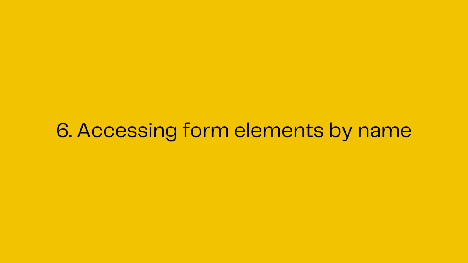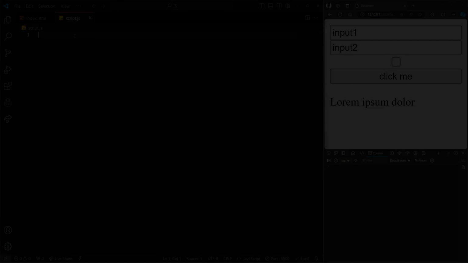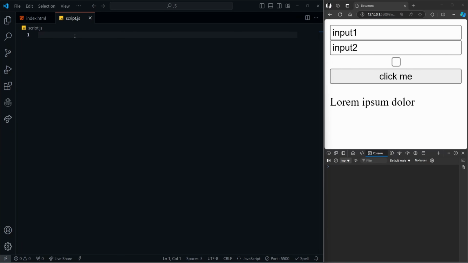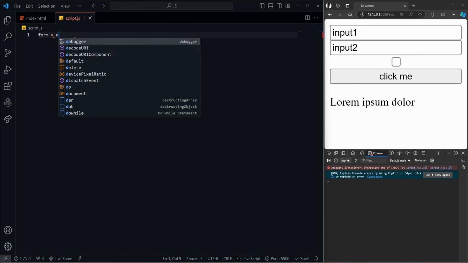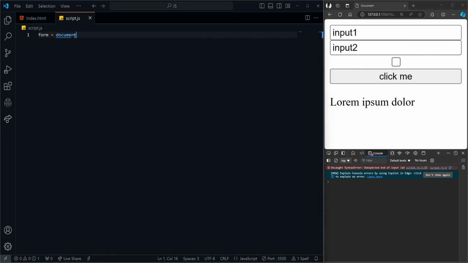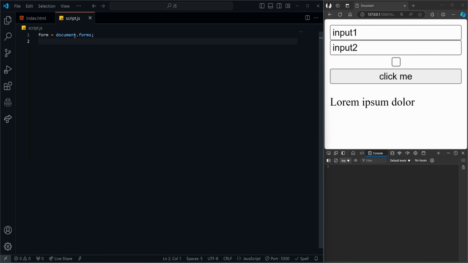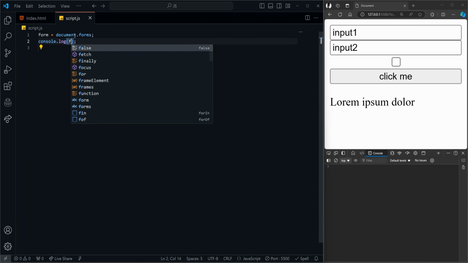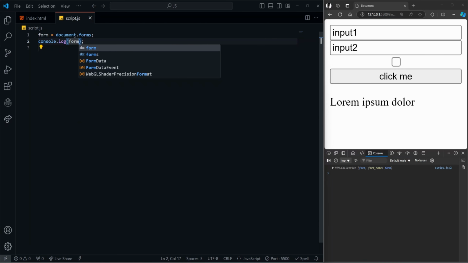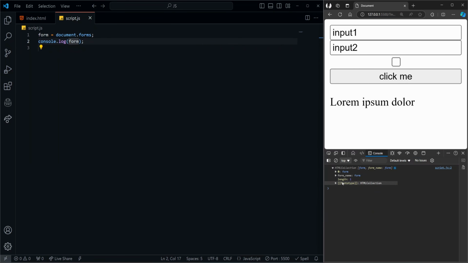Next is accessing form elements by name. There are three different ways to access forms in JavaScript. The first method is document.forms. This method returns an HTML collection containing all the forms in the document. To verify this, we can print the forms variable to the console. As shown, it returns an HTML collection with a length of 1, indicating that we have only one form in